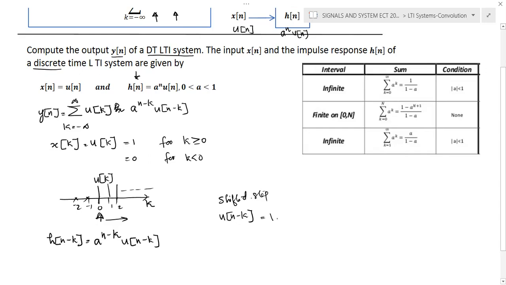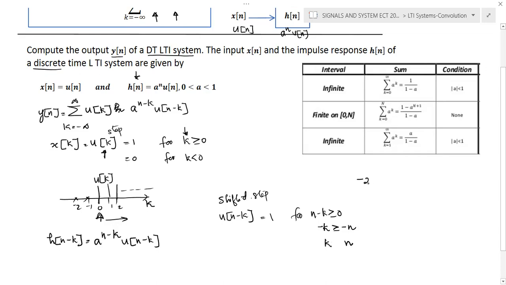So we can write which is equal to 1, similar to the step signal, which is equal to 1 for n minus k greater than or equal to 0, because here it is k, you will write k greater than or equal to 0. Now it is n minus k, so you will write n minus k greater than or equal to 0. And it's very important here, we need to write in terms of k. So we'll keep this k in the left side, and I'll move n to the right side. But here we required in terms of k positive, but it is negative, so we need to make it positive. So we'll multiply with -1, so then it becomes k and n.